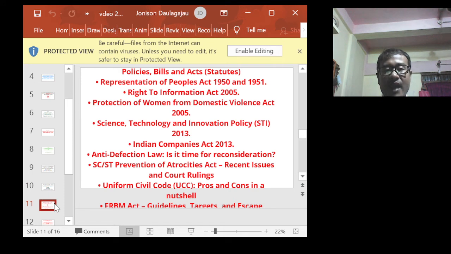Policies, bills, and acts, statutes. Representation of the People Act 1950 and 1951, the Right to Information Act 2005, Protection of Women from Domestic Violence Act 2005, Science, Technology and Innovation Policy 2013, Indian Companies Act 2013, Anti-Defection Law, is it time for reconsideration? And SC/ST Prevention of Atrocities Act, recent issues and court rulings, Uniform Civil Code, pros and cons in a nutshell,